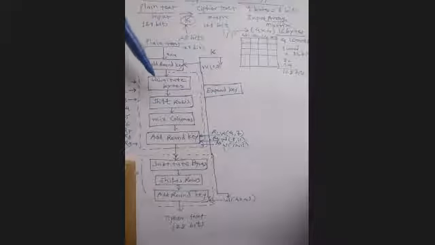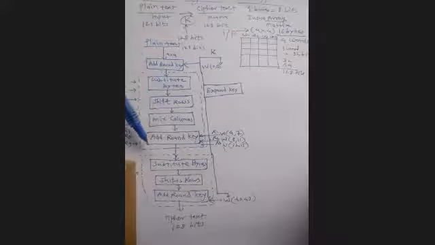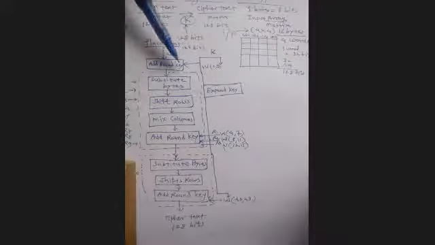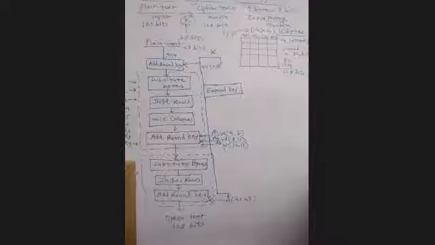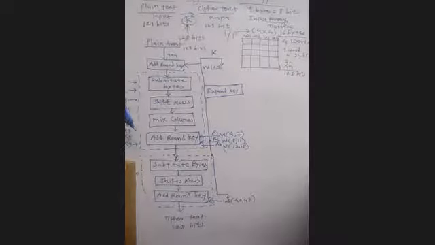Now go for substitute bytes, shift rows, mix columns, add round key. So these are the events that you have to complete in round one. So how many rounds do you have to complete? Up to R1, R2, R3, so R9, the 9 rounds you have to complete. Once you have completed these 9 rounds, then what about the 10th round?